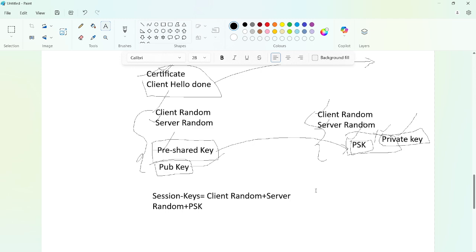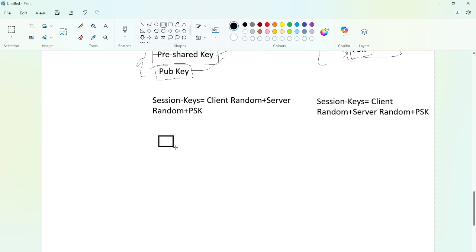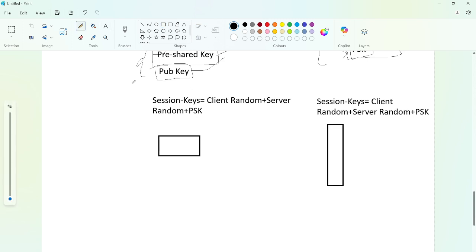The server will also generate the same thing, and these session keys will be used for further process. Further process in the sense, once the SSL handshake completes, both will agree that they can share the information in a secure format. This is our client, this is our server, right? And once the session is created, both client and server will agree we can exchange the information in a secure